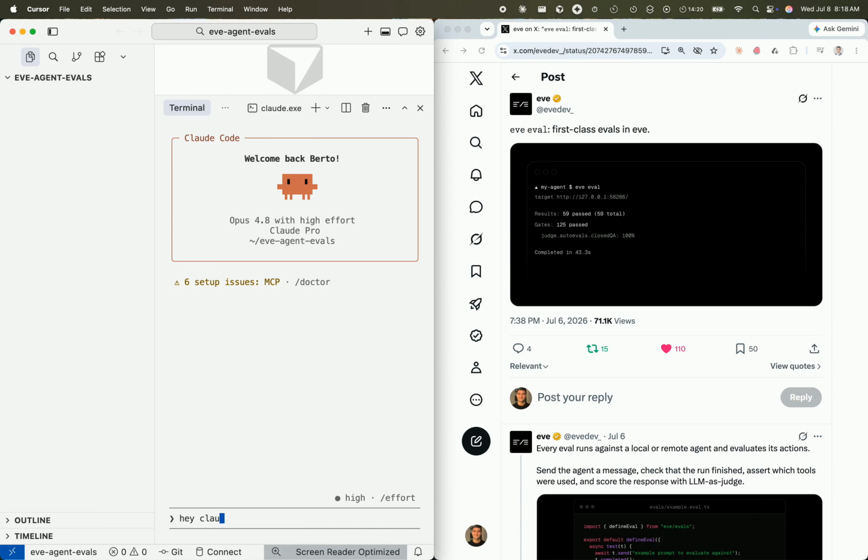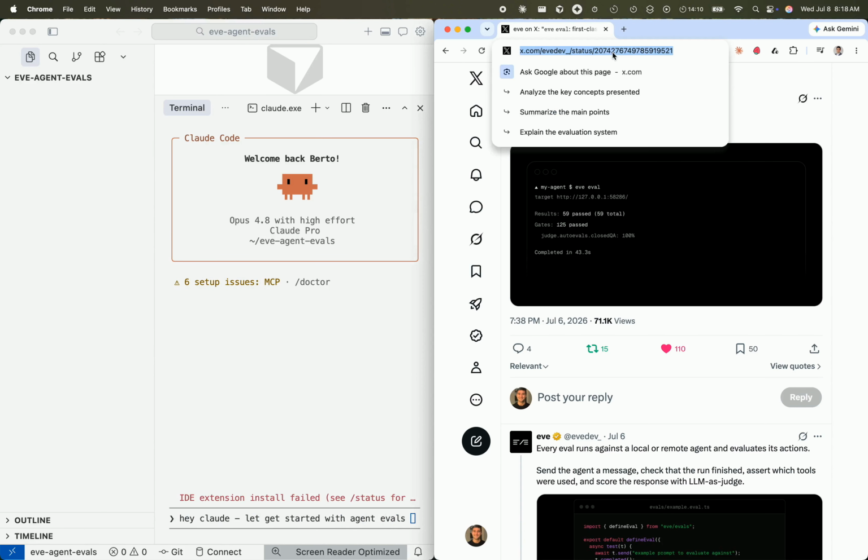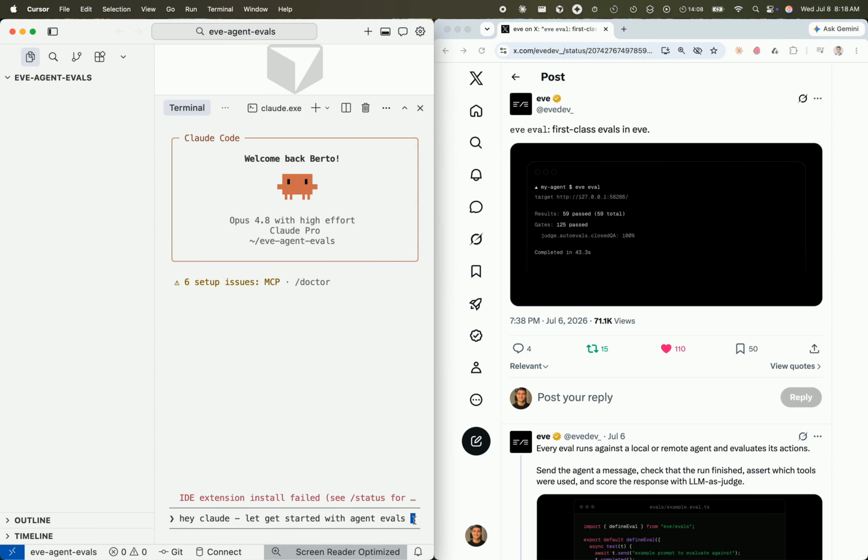So here we've got Claude Code open in the terminal, and we're about to kick off our agent evals workflow by typing, "Hey Claude, let's get started with agent evals." You can see on the right we've got Eve's tweet showing off their Eve eval command, which runs evaluations against a local or remote agent and scores the results using LLM-as-judge. Pretty powerful stuff. We're going to use this as our reference while we set up the Eve agent evals project